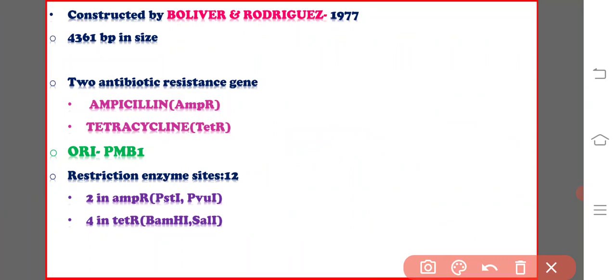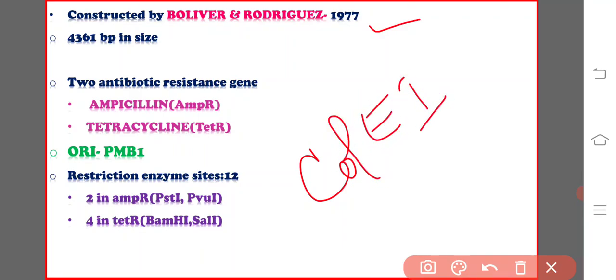It was created in the year 1977 in the laboratory of Herbert Boyer at the University of California, San Francisco. This pBR322 is derived from the naturally occurring plasmid Col E1,